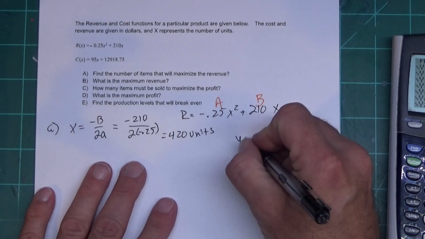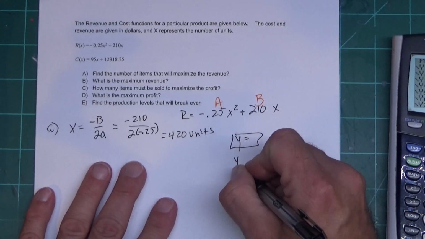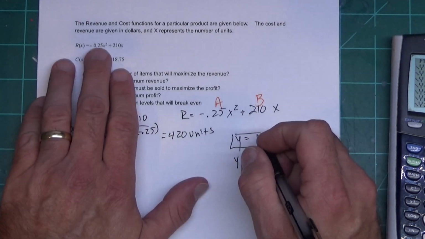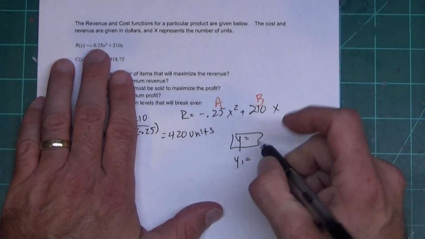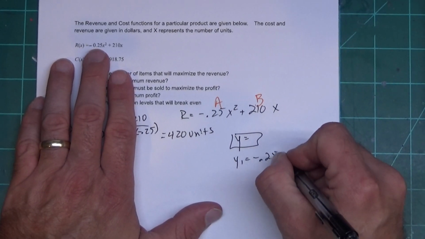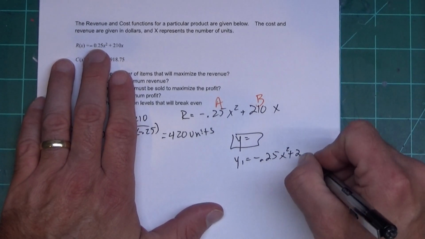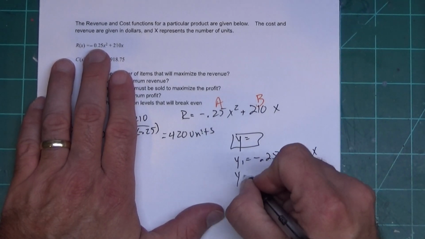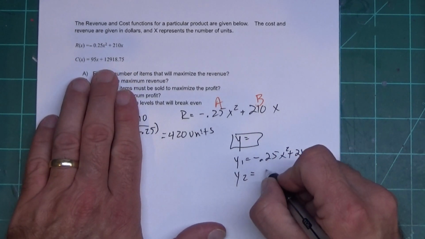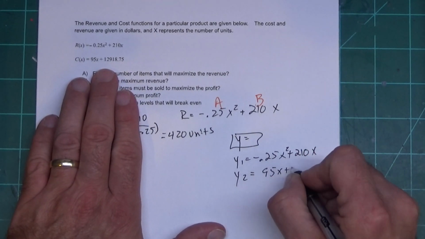So I'm pressing Y equals. In Y1, I'm going to type revenue, so it'll be negative 0.25x squared plus 210x. In Y2, I'm going to put cost, so this will be 95x plus